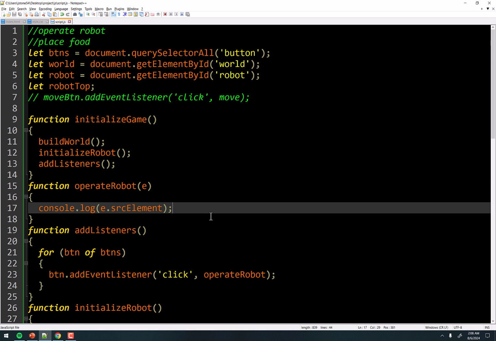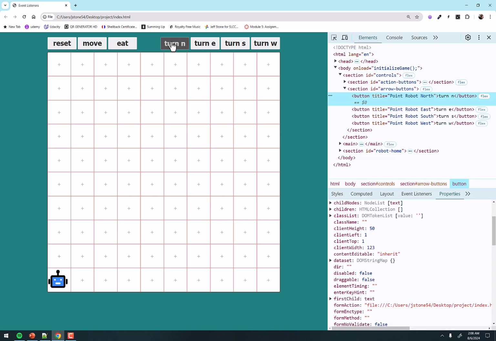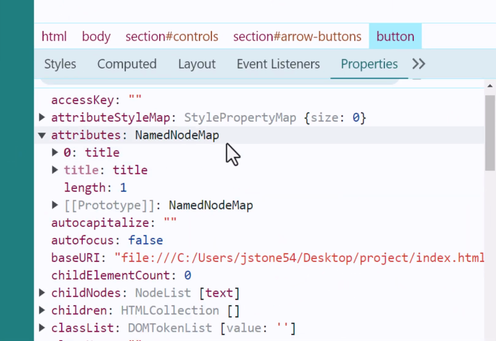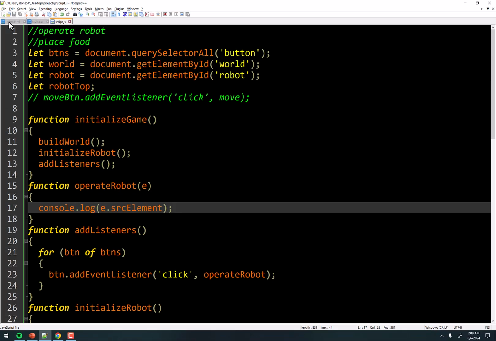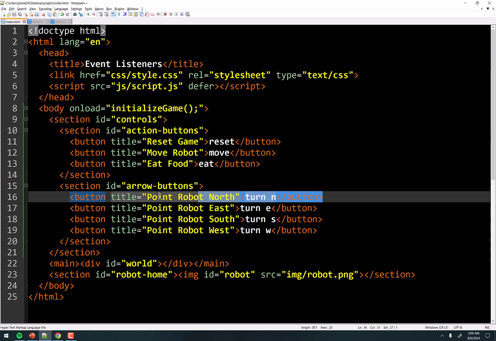Well, you might recall we've looked at custom properties in the past. And so we can get into the attributes, right? If I go in here and look at one of the buttons where we could see all of the pieces of it, we get into the attributes array right here. And right now, this button that we're looking at, which I think is the north button, there's just a title. That's all there is, right? And if we go in our HTML, we can see that that is the case. And where is the button? That was the north one, and that's all there is, the title.